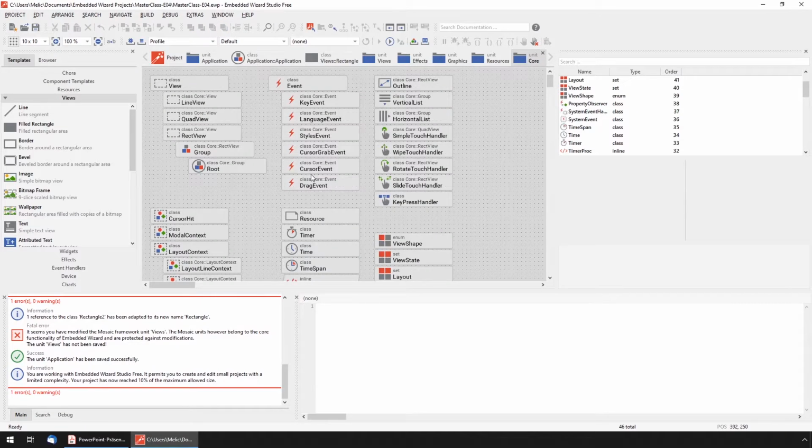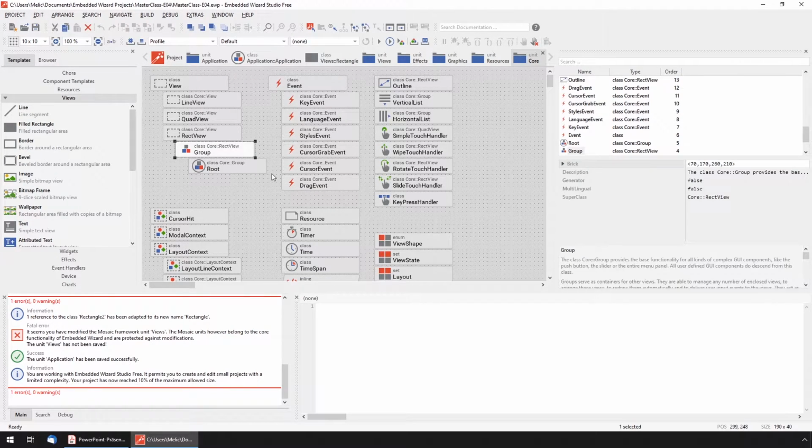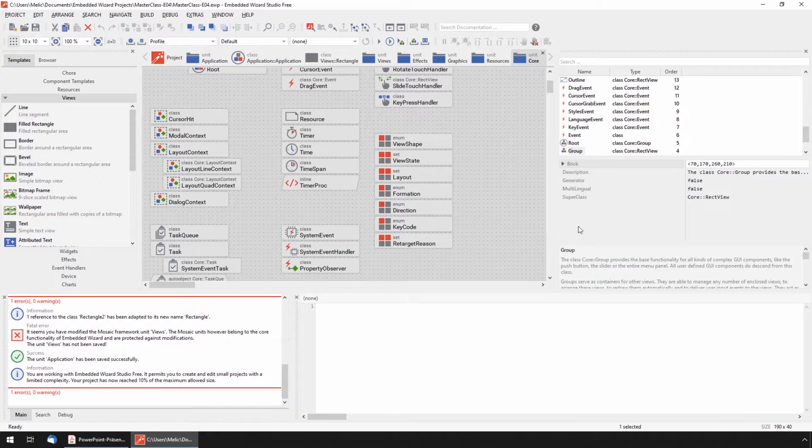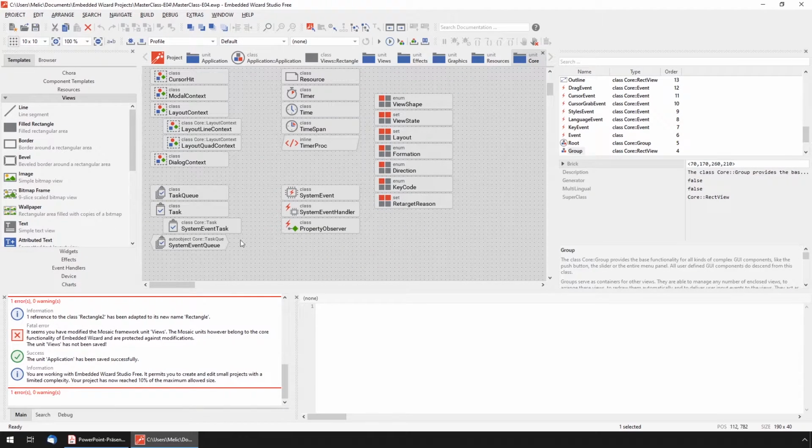And finally we have the core view, and as the name implies, these are the core aspects. For example, there's the core group, remember we had last time, which is essential when it comes to making things visible at the end. We have different kinds of events. We have the scrollable content, the outline, the lists. We have different kinds of handlers. For the touch handler, we have the key handlers, timer are there, and some sophisticated things like task management, which can be used in order to create